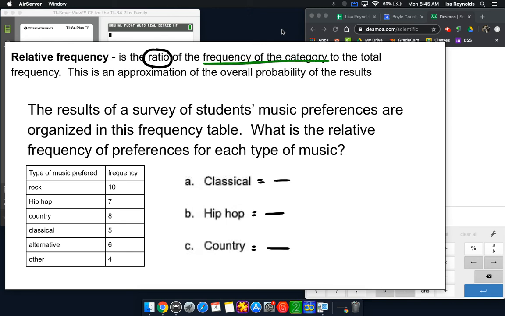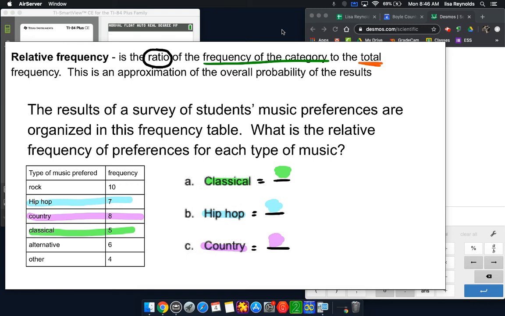Our first category is classical, so we're going to use that number. Our second problem, our category is hip hop, so we'll use that number. And our third problem, our category is country, so we'll use that number. And this goes over